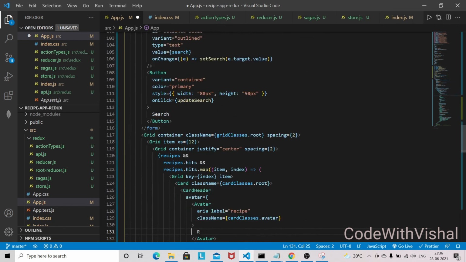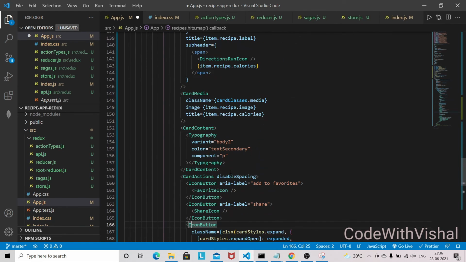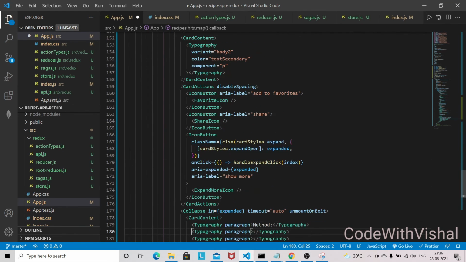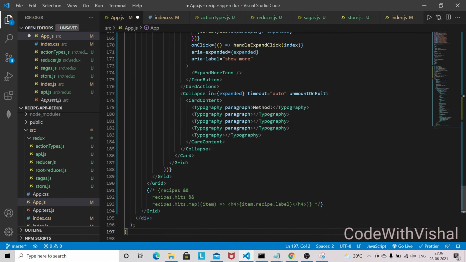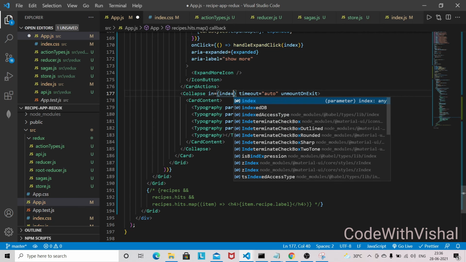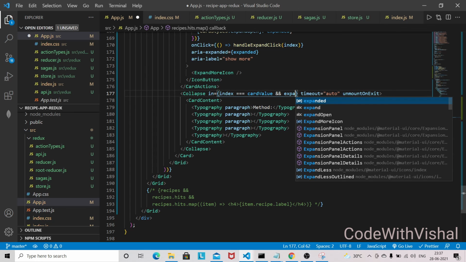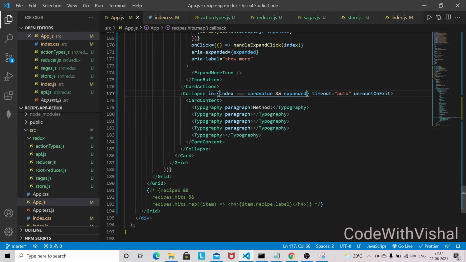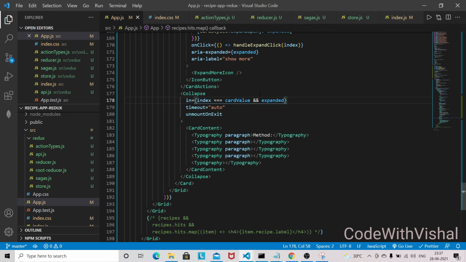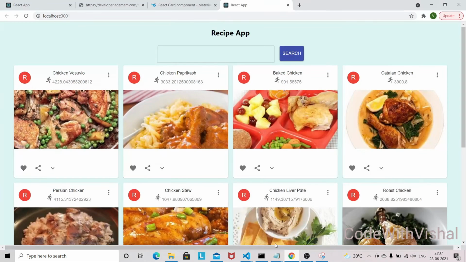Now what we have to do here: in collapse we have one Collapse component, and we have to write it this way. We already have the index, so if the index matches the card value after clicking on handleExpandClick, then we are going to use this expanded, so we can see that in the browser.